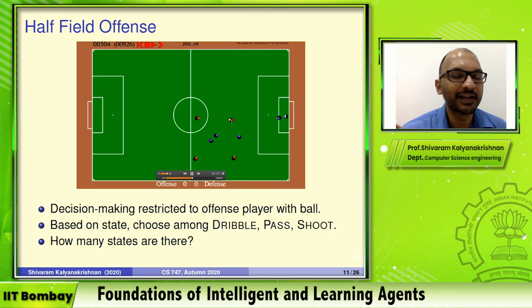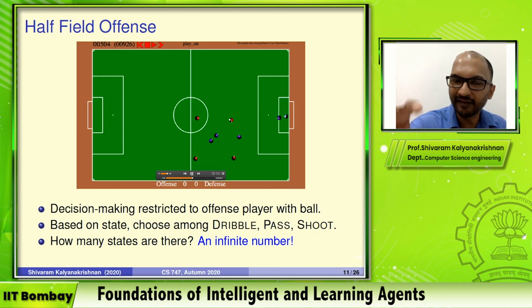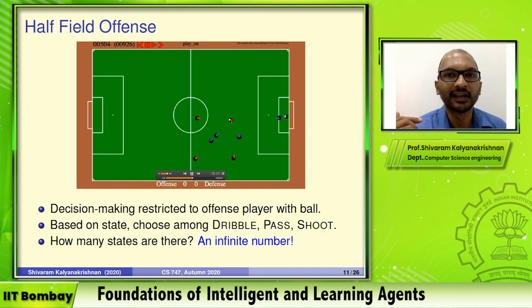The idea with Q-learning, SARSA, expected SARSA that we saw last time involved having an entry for every state-action pair, and then updating that entry when the transition happened. The only issue here is that we have an infinite number of states. Literally every configuration of these players and the ball on the field is going to be a different state, because what happens from there could in general be different for different states. So not only is it an infinite number of states, it's uncountably infinite,